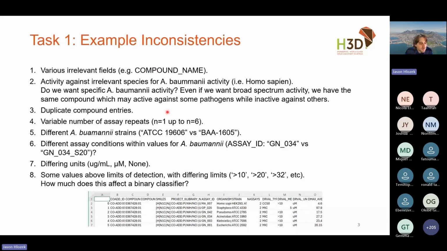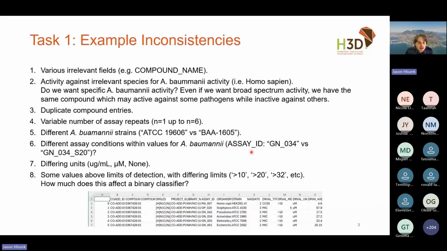So when I was looking through, the first thing I noticed was some of these columns weren't actually that useful for anything that we were going to use them for. So they weren't very relevant. So this index tag doesn't really have much meaning if they already have an ID associated. It had this compound name, which was for approved drugs with market names, but that doesn't actually tell us any detail about them that we can use for modeling. So perhaps you would remove that column.